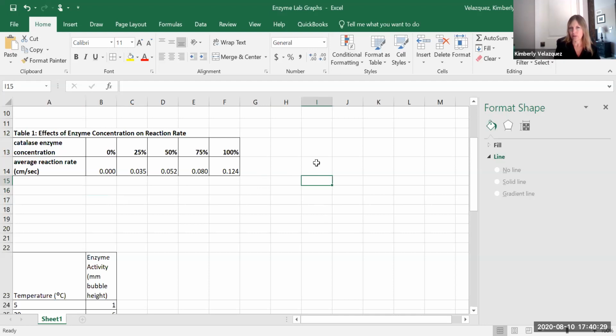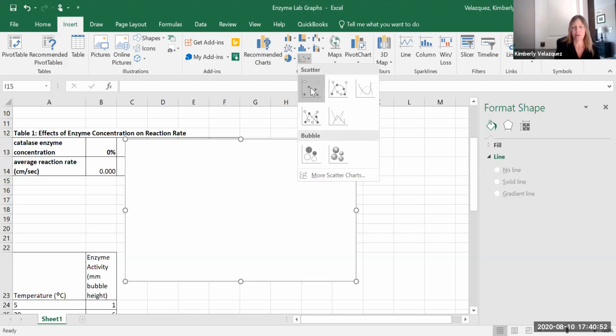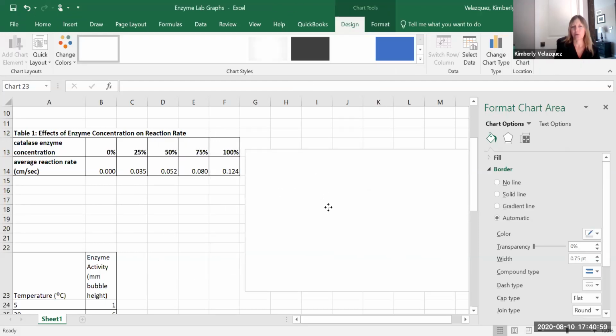So I'm going to click in any cell out here, and I want to insert a scatter plot. So I'm going to come up here, and I'm going to click on insert. Now this gives me a lot of options. I want to insert a chart. And I want to insert a scatter. Okay, so see, it didn't do anything because I haven't told it what to graph and in what format to make the graph. Okay, so for quick layout,